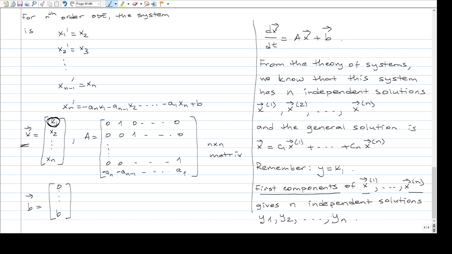The first component is just one function. But since we have n different first components, we are going to have n different independent solutions of our equation star. All right, so we know that they're independent,